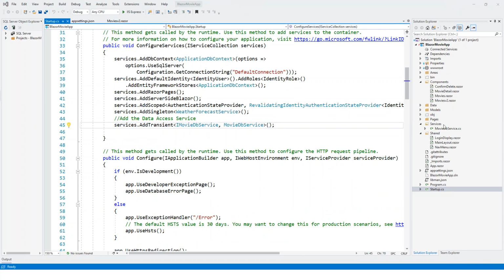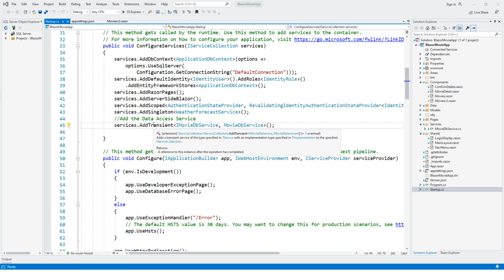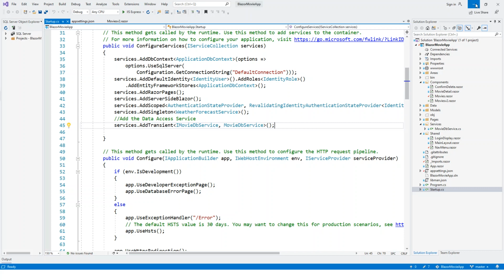Now I have loaded the Blazor movie app that I have created earlier, and there is a course on the Blazor movie app also on Udemy. So here I have added the data access service, which is my custom service. So services.AddTransient. AddTransient is a method which is out of scope for this current lecture, and it actually needs a complete full lecture on what the Add methods are, like AddScoped, AddSingleton, AddTransient. It's a separate topic. Okay, and we have added the MovieDB service and the interface from which this MovieDB service is derived.